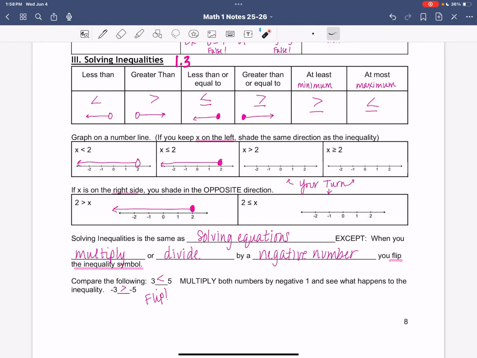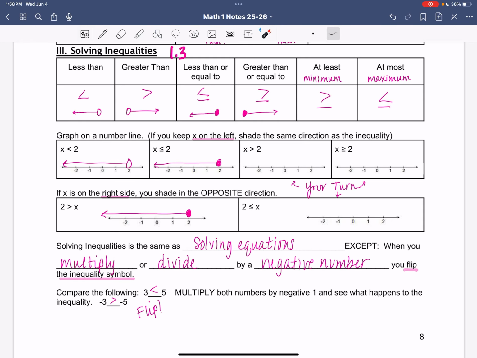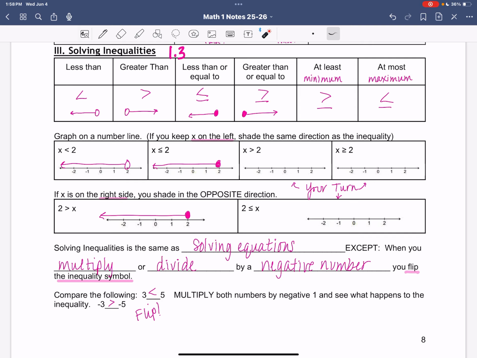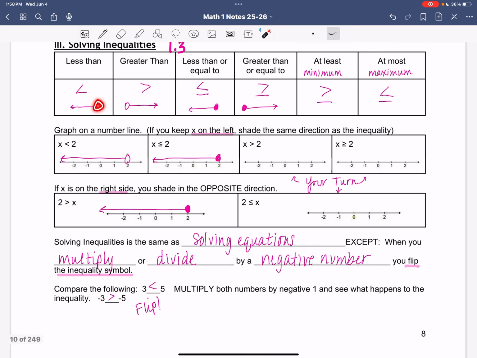All right, today we're going to be talking about solving inequalities. So there are some important things that you need to know: symbols, and also how to graph them on a number line. First off, we have less than. Now I like to think of this like an L. So that's how I remember it. So less than is an open point,